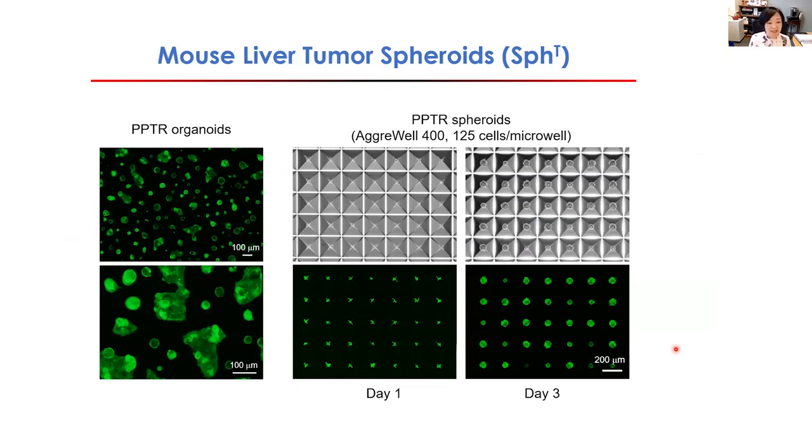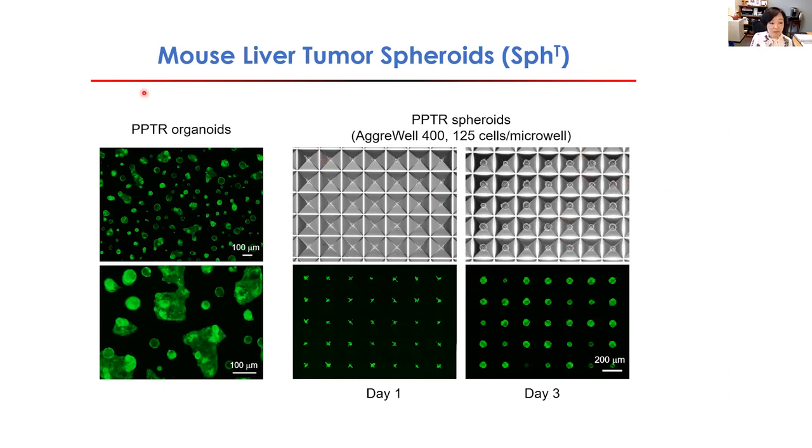So we found that this PPTR, the prominent one, P10, PP3, rosa, azeous green tumor cells, they form spheroids extremely easily, much, much more efficiently than our normal liver cells. Using the same culture condition, 125 cells per microliter, just after 24 to 48 hours, we can generate these beautiful spheroids using these PPTR tumor cells.